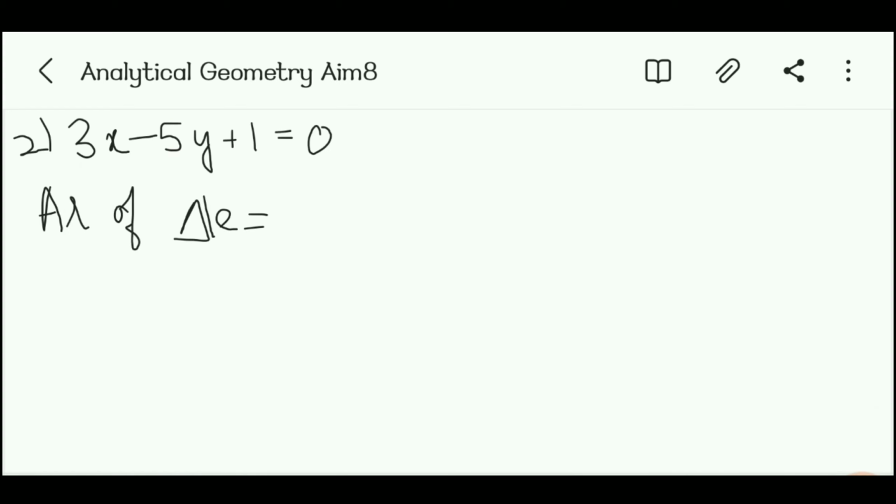Now in second question they have given us the line, so that the area of triangle we have to find, of the line 3x minus 5y plus 1 is equal to 0 with the coordinate axis. So what is the formula? It is c square by 2 into AB, as we all know. Now directly substituting you are going to do. So what is c? C is 1 by 1 square, right? So 1 square you put it, and 2 into what is A?